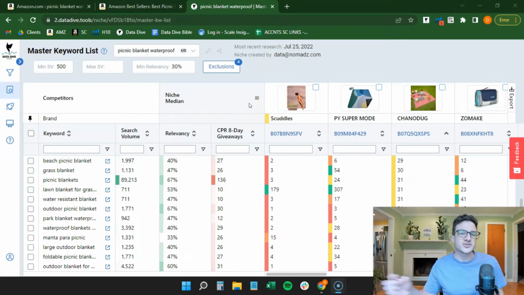Now, if you didn't catch the last video, it was an intro to this tool, Data Dive. If you haven't seen it yet, we'll put the link to that one in the description. You can go and watch that first, because I'm going to be using the same example here as I did